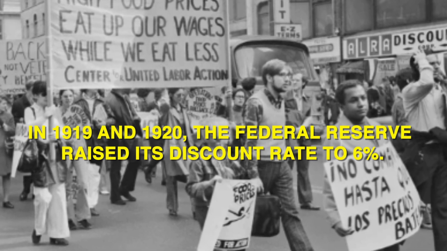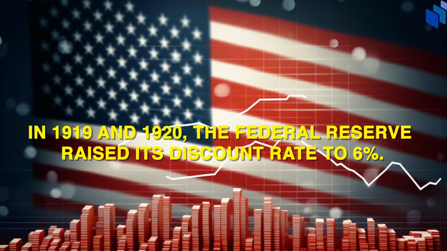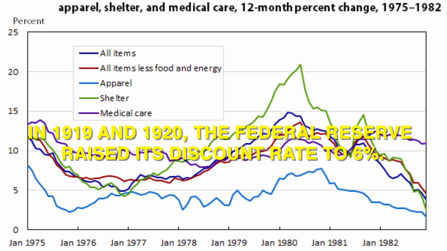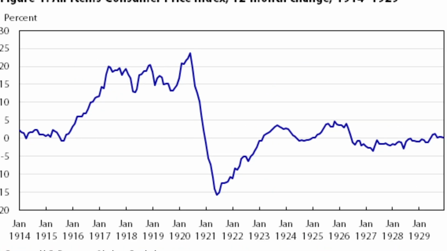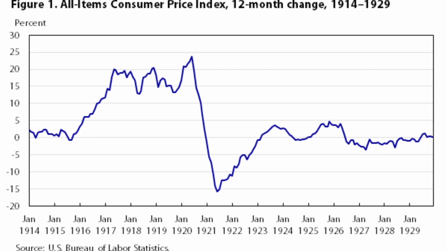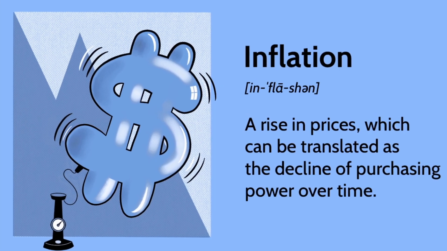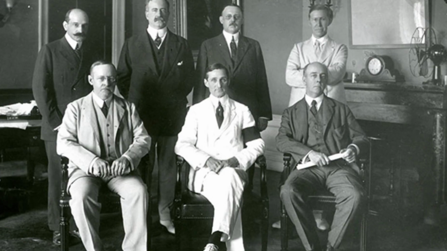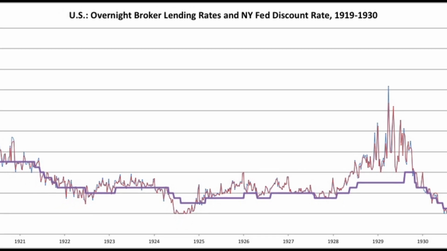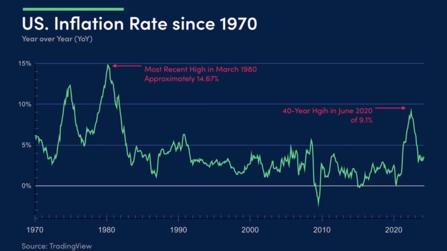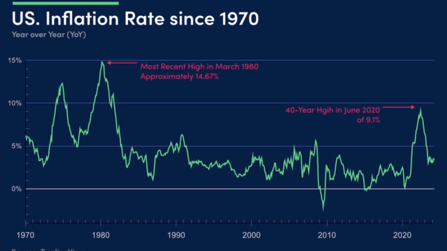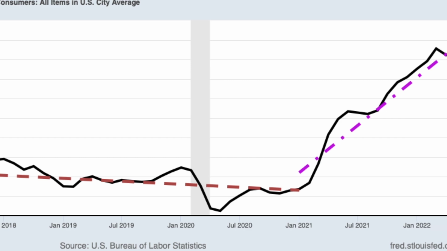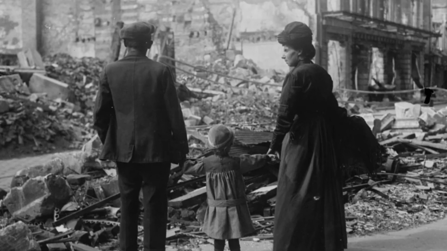In 1919 and 1920, the Federal Reserve raised its discount rate to 6%. After World War I, the United States experienced significant inflation. This was driven by various factors, including increased consumer spending, pent-up demand, and the economic adjustments following the war. Prices for goods and services were rising rapidly, causing concern about economic overheating, where the economy grows too quickly, leading